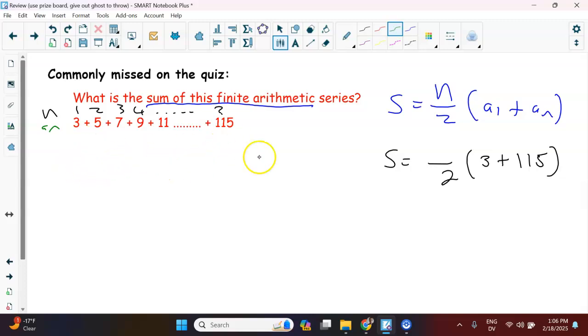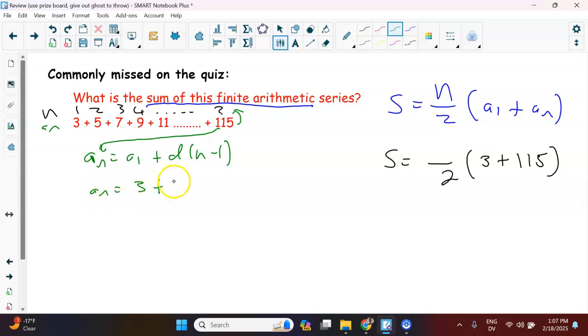Okay, so if you look up on the formula sheet, the arithmetic explicit formula is a_1 plus d(n-1). So we're going to write that, and then we're going to plug the 115 in here for the a_n. And we're going to try to find its position n. We are trying to find n, so we're going to plug in that a_n and then solve it for n. Okay, so writing out the formula real quick, a_1 is 3, d is 2. And I'm going to clean it up this time because we're going to have to do that eventually anyways. So 2n,